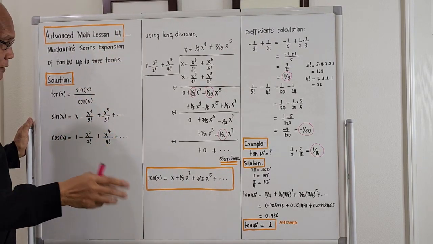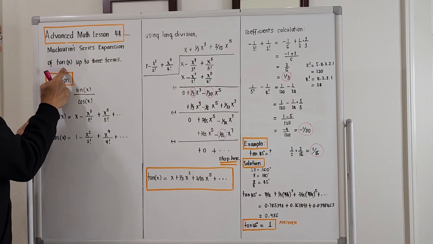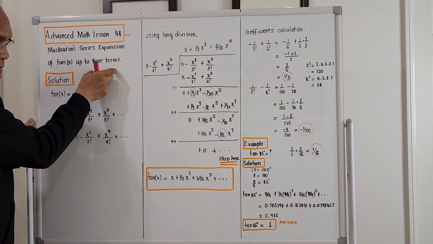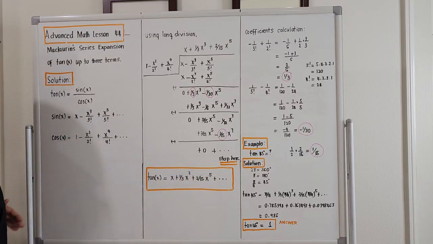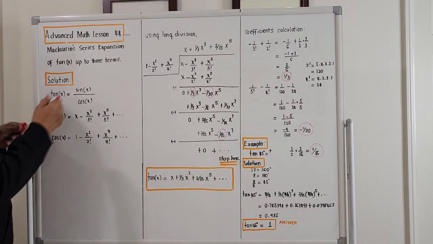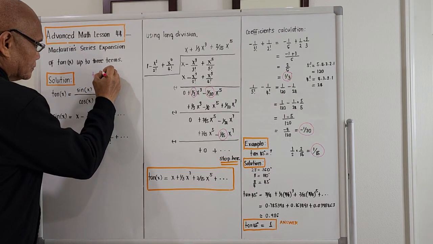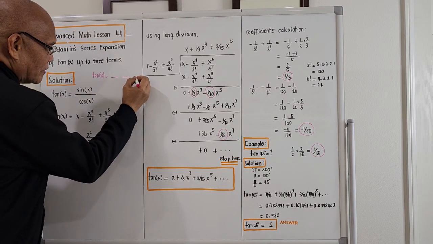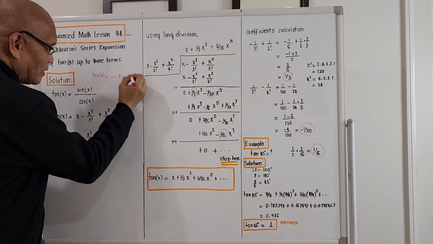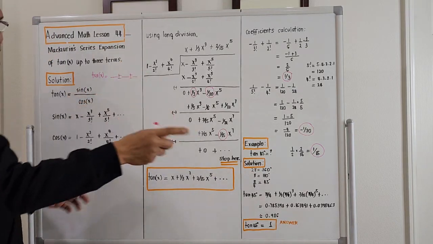And the title of the topic is Maclaurin's series expansion of tangent of x up to 3 terms, meaning up to 3 decimal places on the right. Meaning we are solving tangent of x that comprises 3 terms. Okay, it could be plus, it could be a minus, 3 terms,